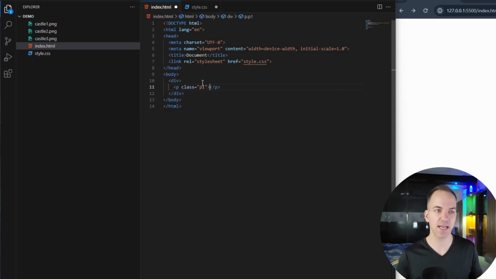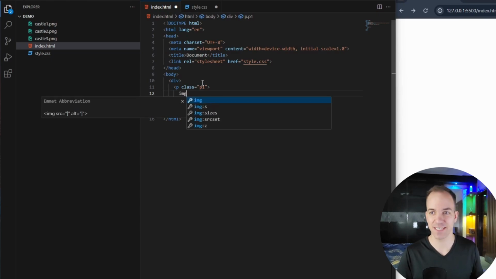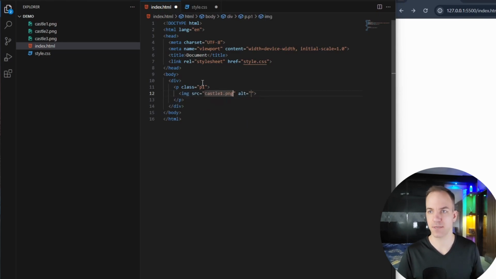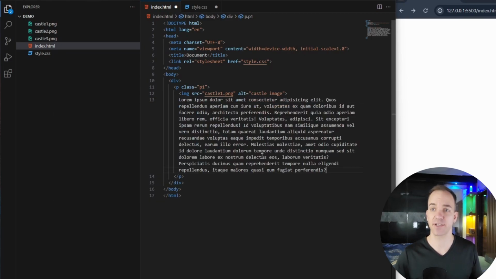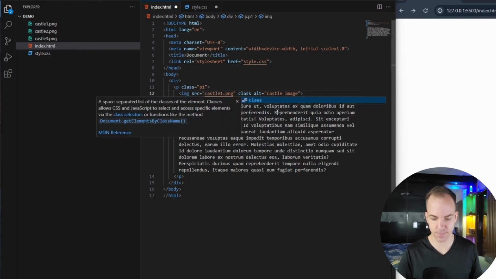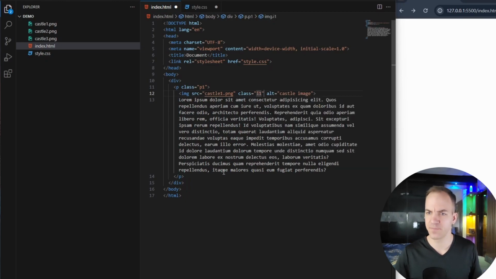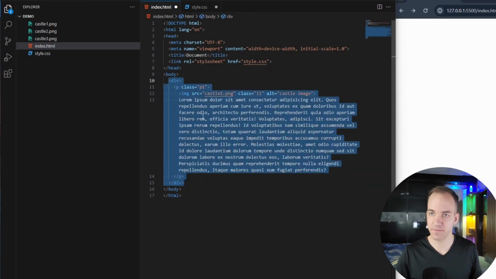And then inside of my p, I'm going to have an image tag, and my source is just going to be castle1.png. Alt is going to be castle image. And then after this, we are going to have just some random text. So I can say lorem, maybe 100, and that's going to generate just a block of text for me. Now, I am actually going to give this image a class as well. So in here, we're going to say class is equal to I1,